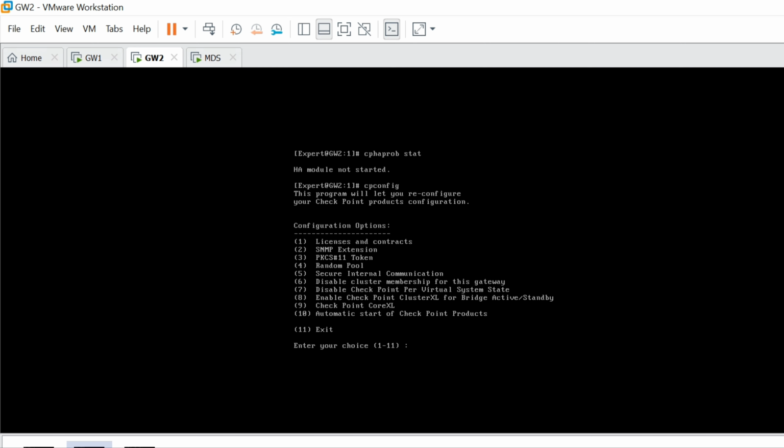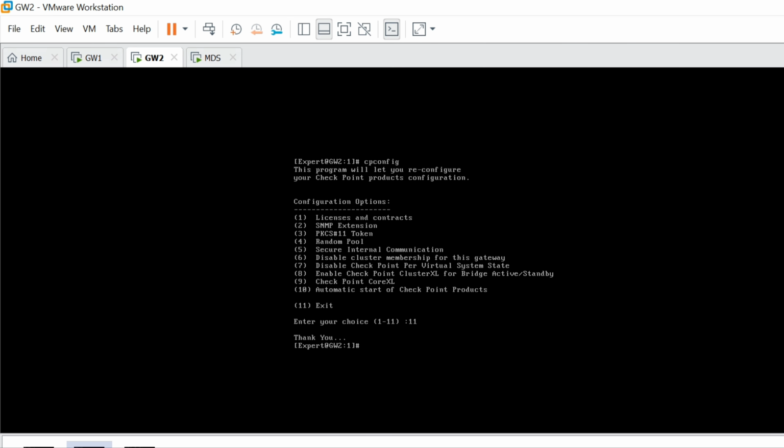I think gateways are rebooted, all options are set. Let's quickly go to your MDS and again try to run the command vsx_util vsls. Put your domain IP address 192.168.1.20 and your username and the password for that username.